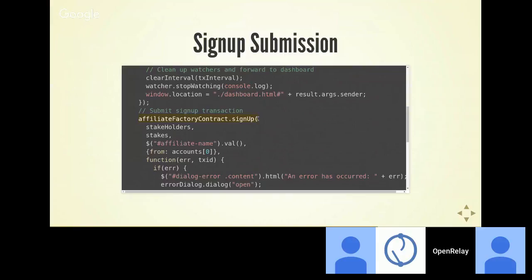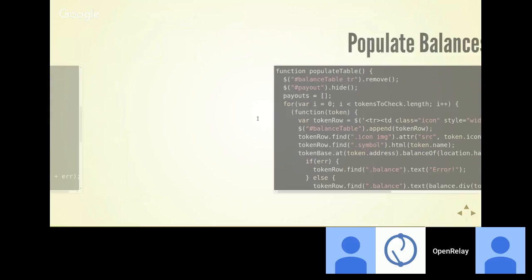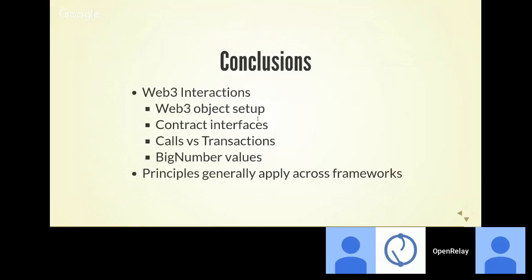And that transaction is going to have to go out to the blockchain. You're going to have to pay Ether for the gas to execute the transaction, and you're going to have to wait for that transaction to get confirmed. So when you can use calls to get the information you want instead of submitting transactions, that's generally easier